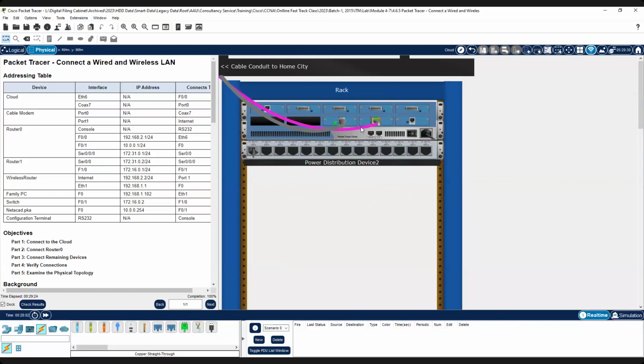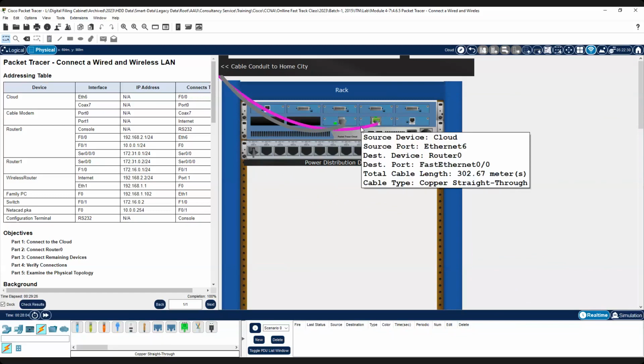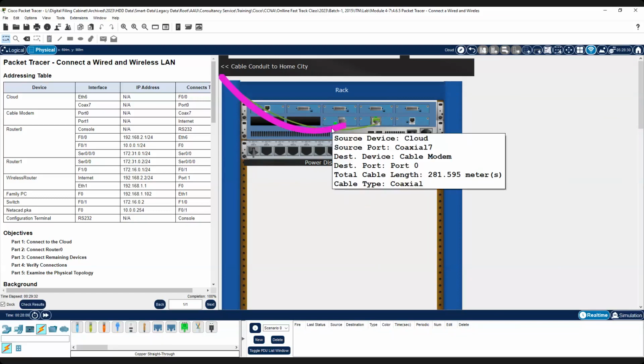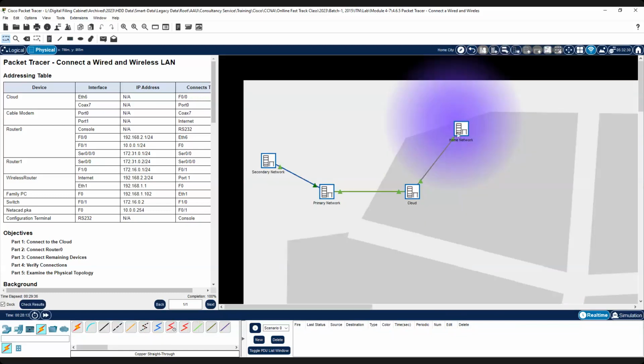So this one is the cloud. This cable is just connected to router ዜሮ የኮአክሻሉ አለ ከክላውድ ላይ ተነስተን ዴስቲኔሽናችን ደግሞ ኬብል ሞደም ይሆናል። ስለዚህ actual